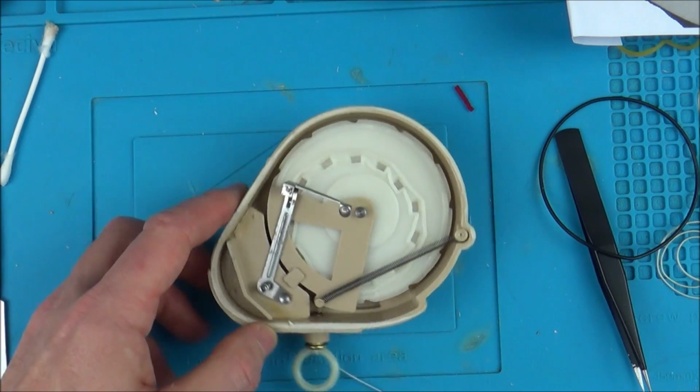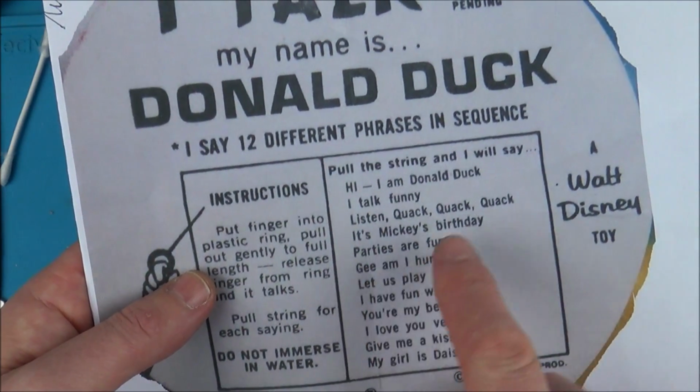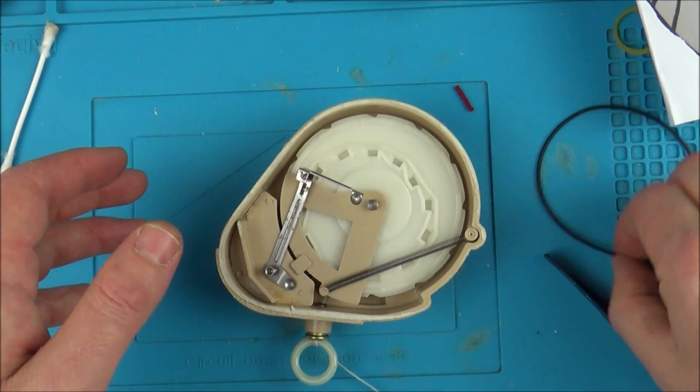Do you know what I might do? I might take it apart one last time and undo one revolution off the string, because it keeps missing out things like parties and "Gee, am I hungry?" Do you know what I mean? So I think I'm going to do that, and then I'm probably going to be calling it a day soon